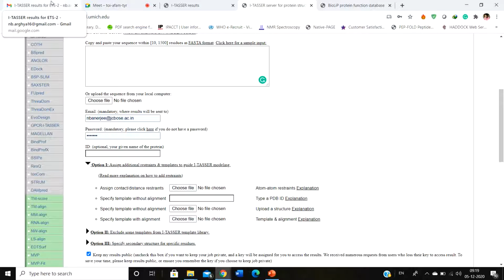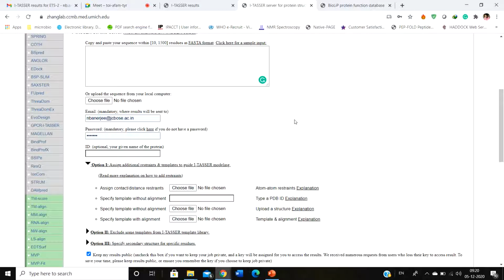Sometimes people also fail to develop an NMR structure or an X-ray structure. Suppose they have an X-ray crystal and have developed a structure, but the structure was not good. They find some restraints, but they fail to get the whole structure. People can also use those restraints from the X-ray crystals to model this particular protein. So like this, you can have contact distance restraints.